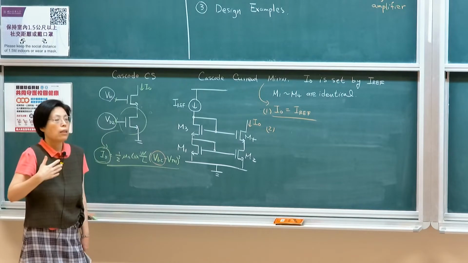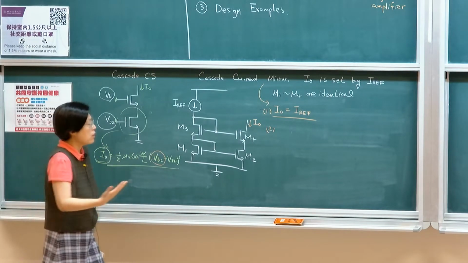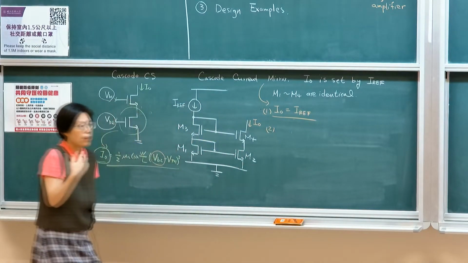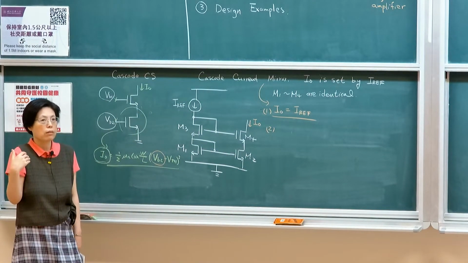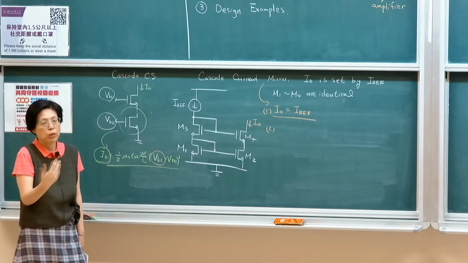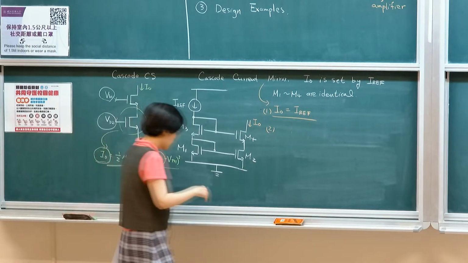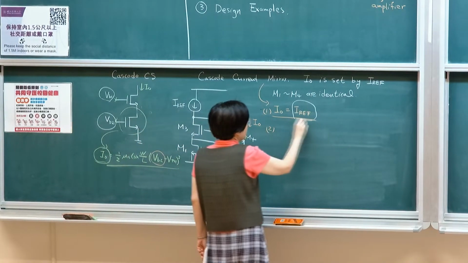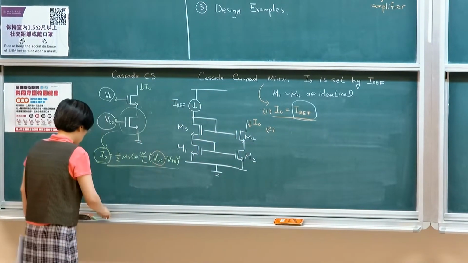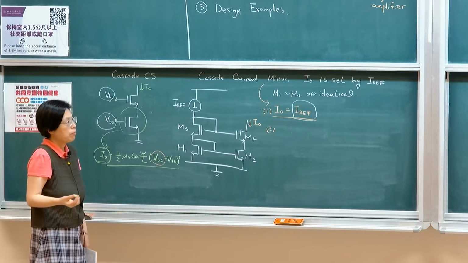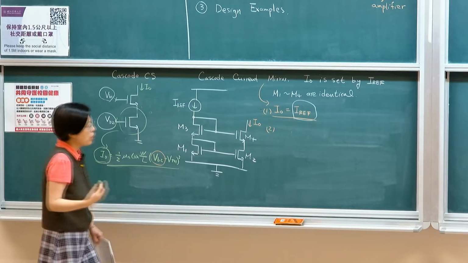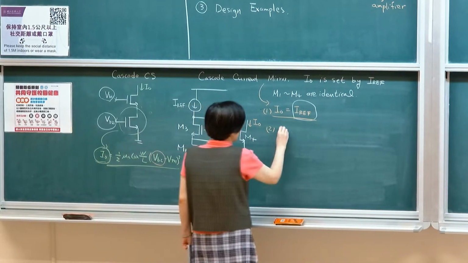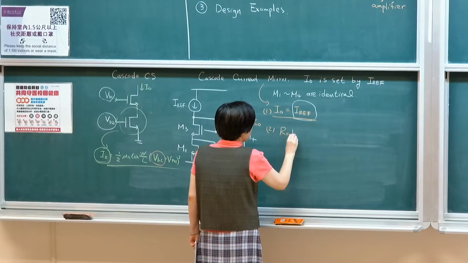Therefore, I have more flexibility in setting the operating point, or I should say IDQ, for the biasing circuit. And the other benefit, of course, is that you set it to the target level with more precision and more robustness toward environmental changes. The second feature is, of course, its output resistance R out will then be